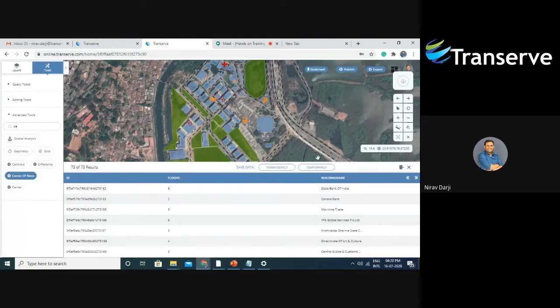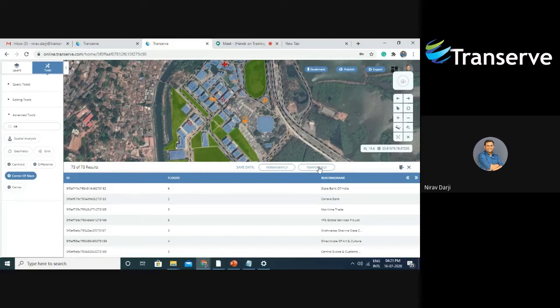Once it has created a point layer for the polygon, you can see the complete attribute table on your screen, and there are certain tabs you can see. This one is permanent, this is temporary. This means you can save the layer as temporary, so it will be on your front end and will not be saved on your database.